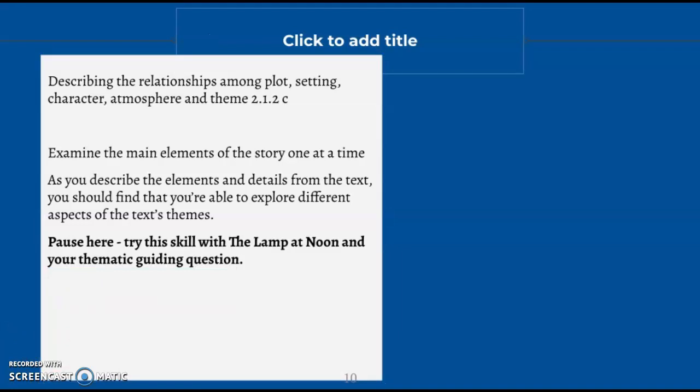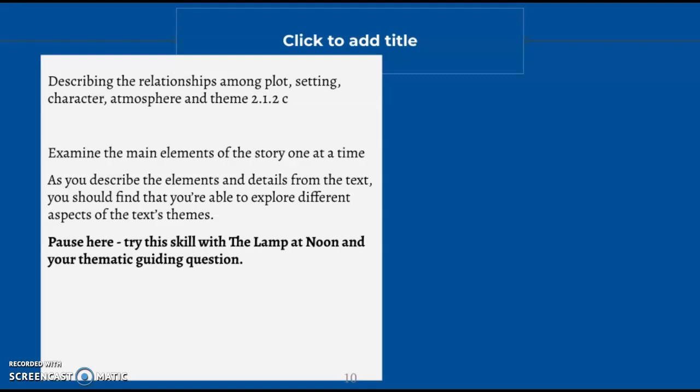This is a good place to pause. Consider how you could use this skill to analyze The Lamp at Noon. So if your thematic guiding question was about how a person's relationships with others affects their ability to make free choices,